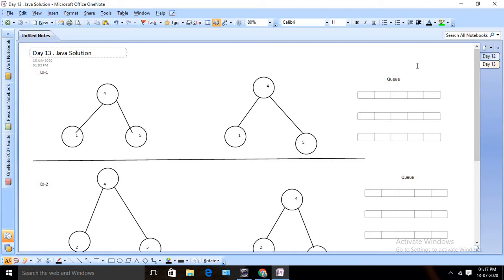So in this example I am going to take only one queue. One queue is sufficient, I think. You can take a linked list or something like that, and you will understand when I write my code. So at first I will take one queue and I will start from the root node, right?